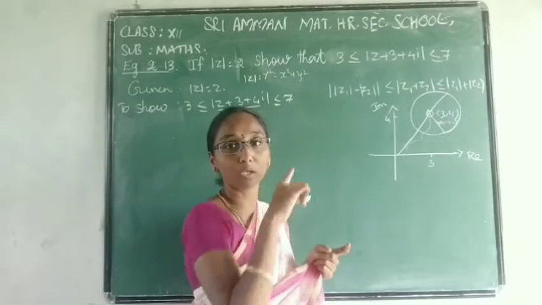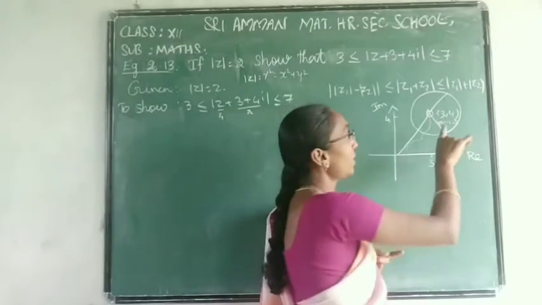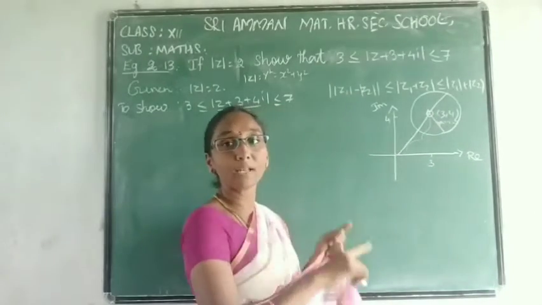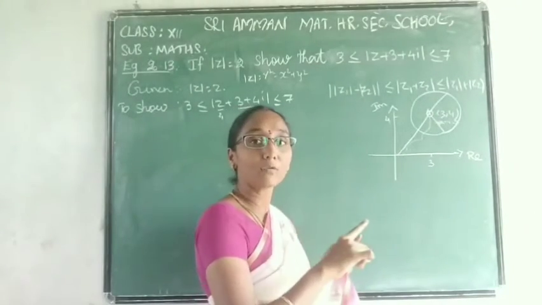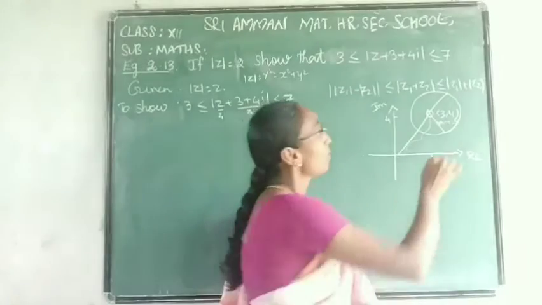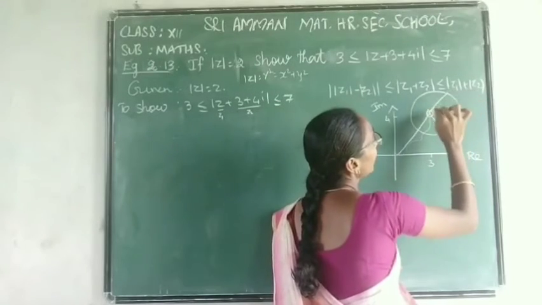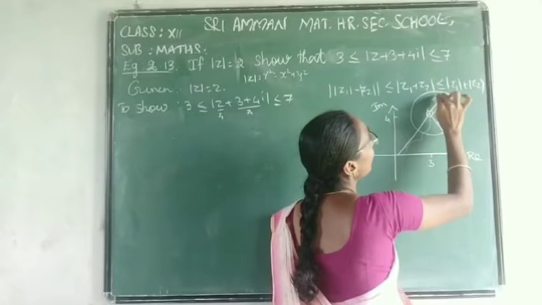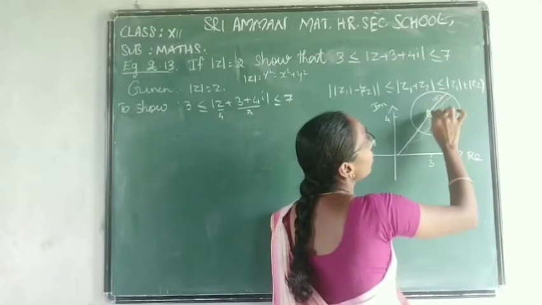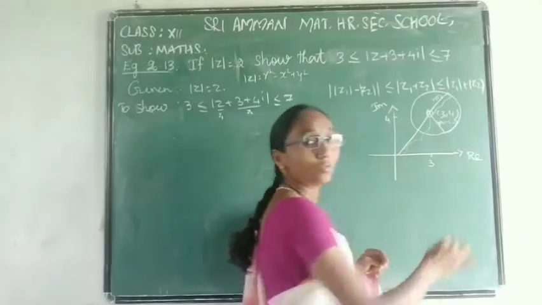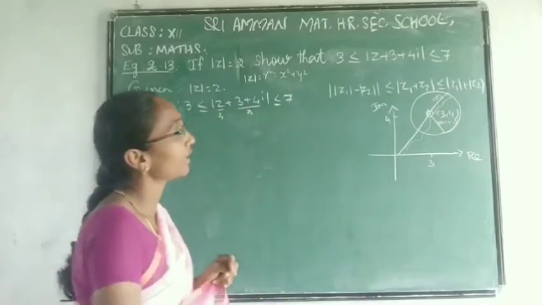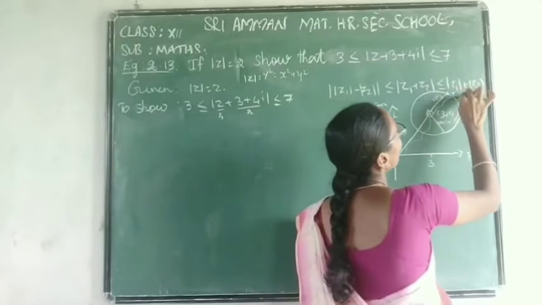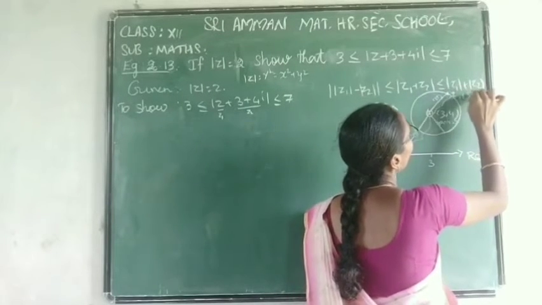Second, the z2 part: the position of the z2 complex number. You are adding z plus z2. Modulus of z value is 2 units, so you add this one in this place, the radius. In this place too, this one is modulus of z, this one is 2. So z1 plus z2 equals this: the line moving from the origin to this place. This one is z1, z plus 3 plus 4i.